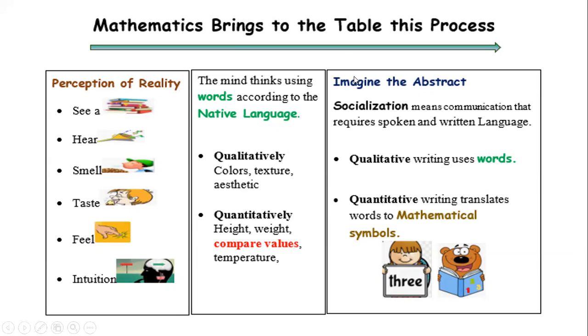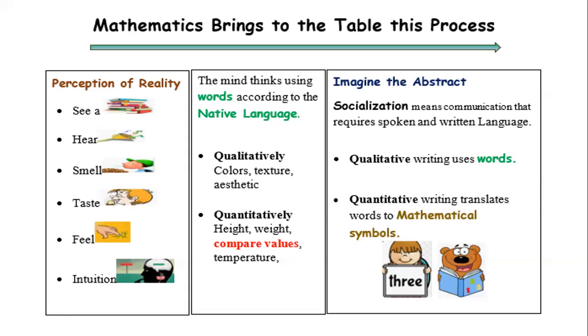Now, these are translated, okay, because imagine the abstract. Socializing means you have to communicate, and that requires spoken and written language. So this has to be translated to be written. And you have qualitative writing using words, which are translated to quantitative writing, which translates words to